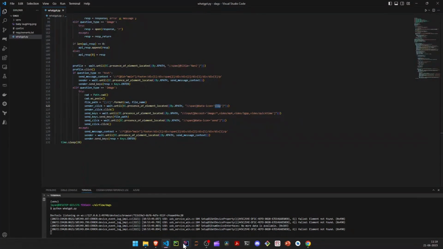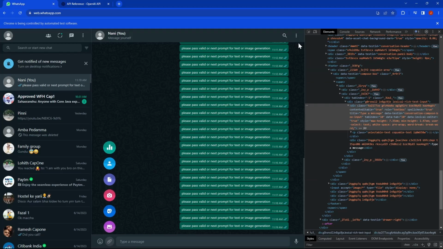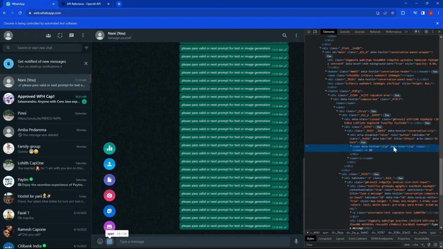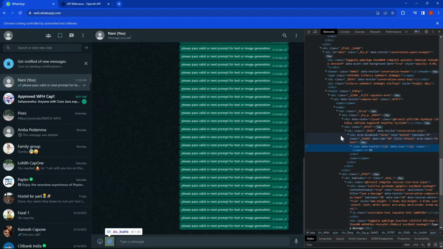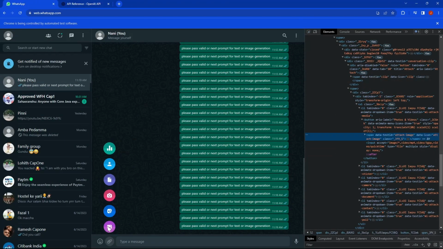In WhatsApp, if we look, we have this clip object. If I click on this, we can see that the data icon is clip. So I'm calling this using the XPath. The data icon is clip, which is a span object. I'm going to click on it, and then I'm calling the XPath again to get the image or video button. Inside this we have photos and videos. So if I click on this,